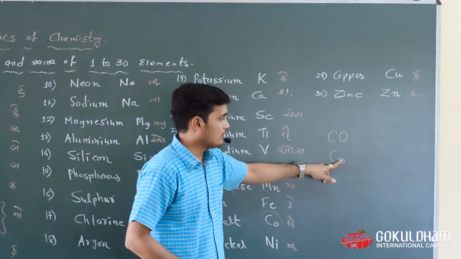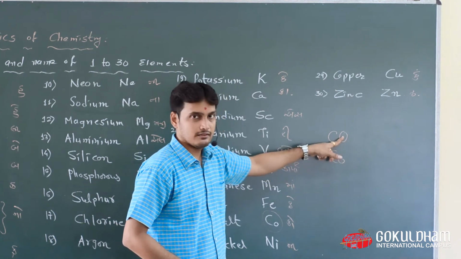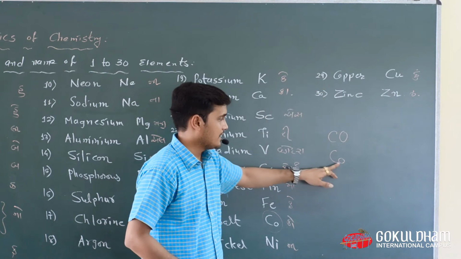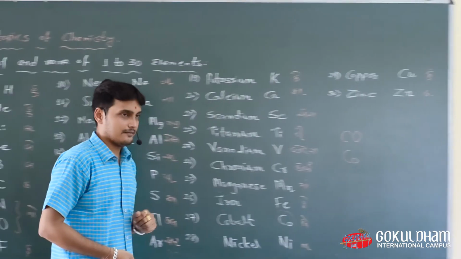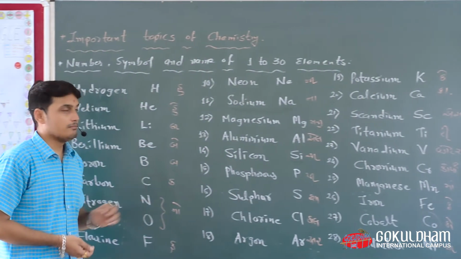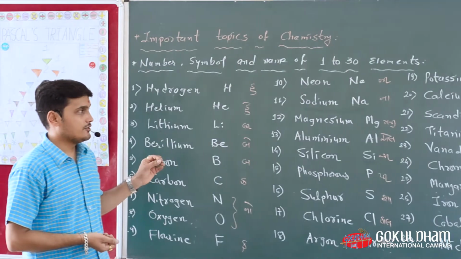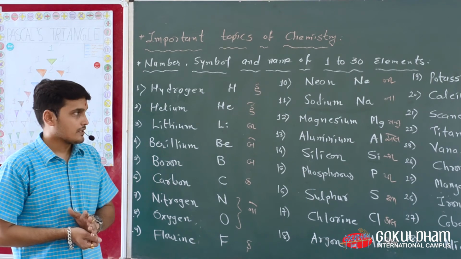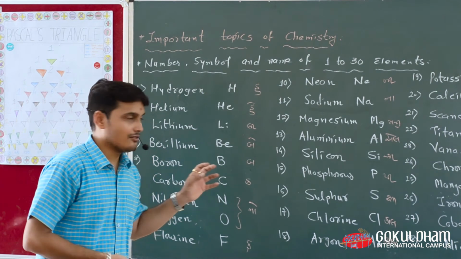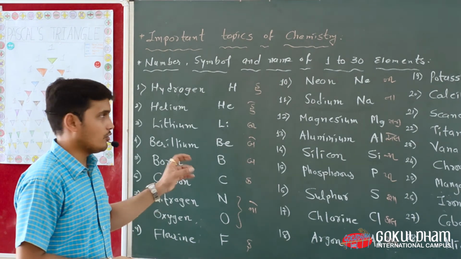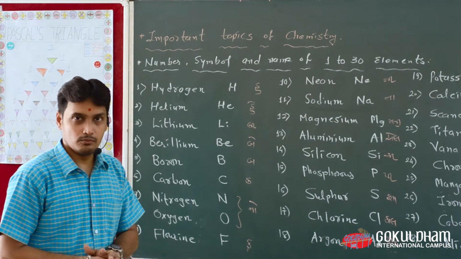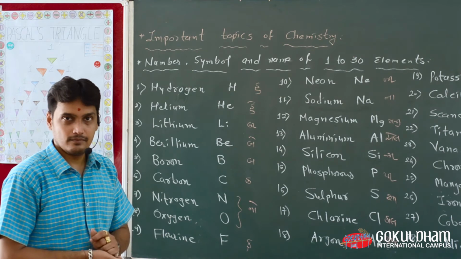If the oxygen is a capital, then it is a gaseous category, and if the oxygen is small, then it is a metal category. Okay, these are the basic terms which you have to remember, and you can pause this video and note down these elements in your notebook with the key. Okay,